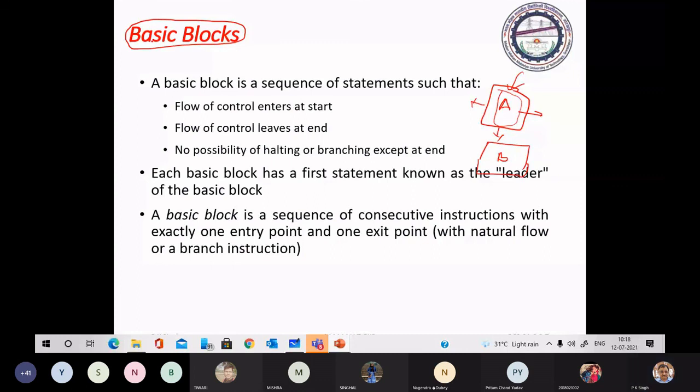Okay. Flow of control enters from the start and exits from the end. It will not halt. It doesn't have any branch.